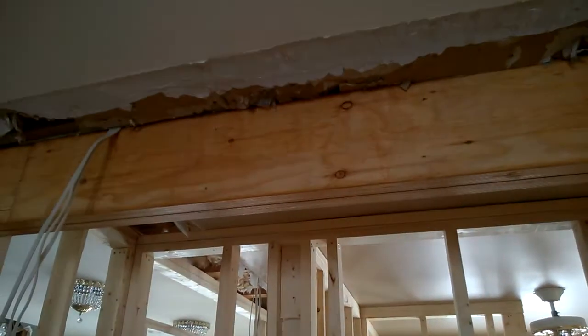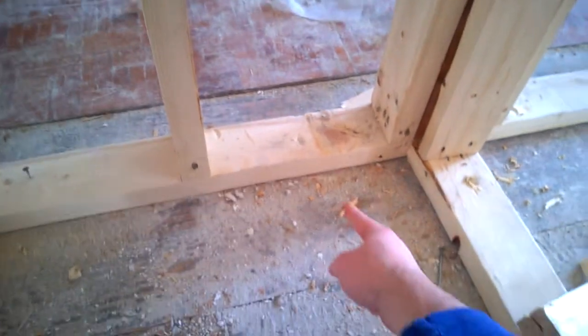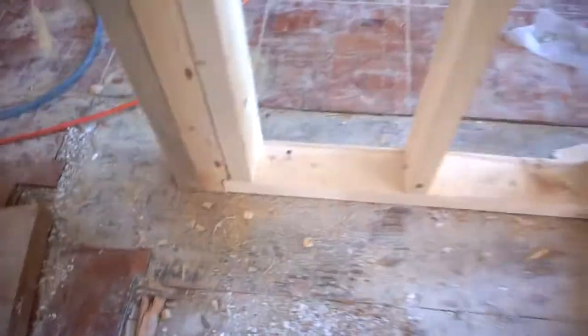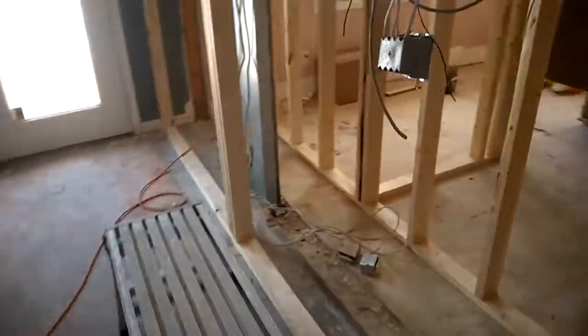But what we talked about, when we were discussing the bar and the header, we also realized that the floor was not actually, and they've moved it. The floor originally was like here for this wall, and that would make our bar stick out like 3 inches or something. In order to fix that, we had to move this wall. Oh, that's nice. I like that a lot. Had to move this wall back a little bit, which means that